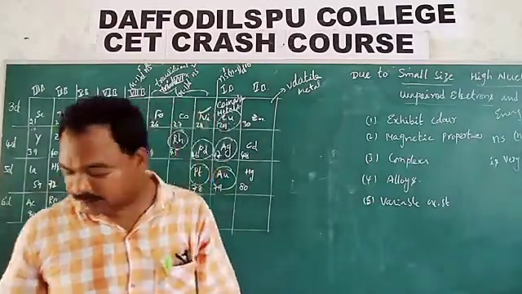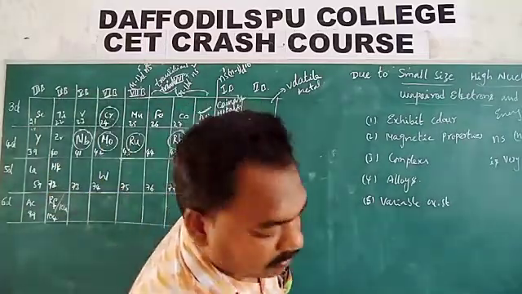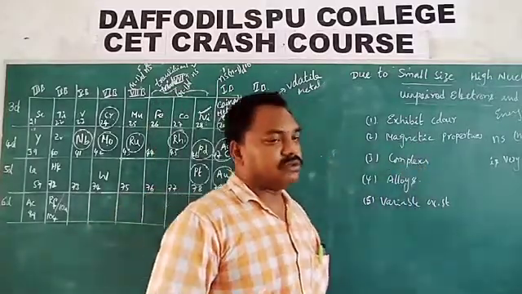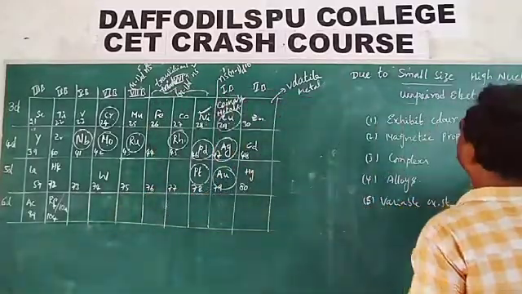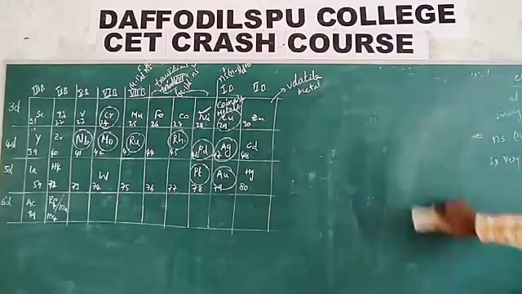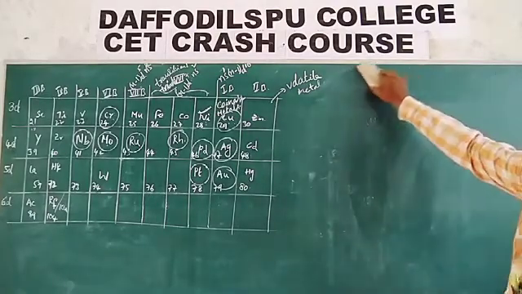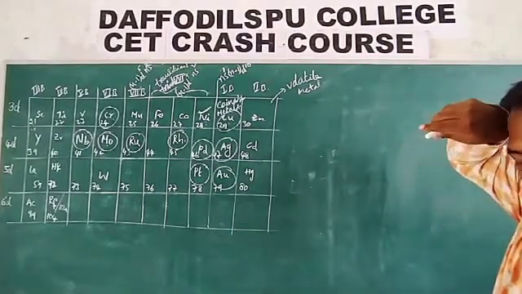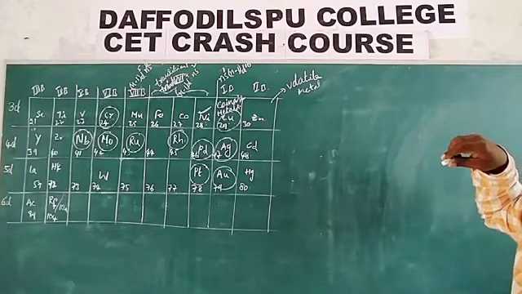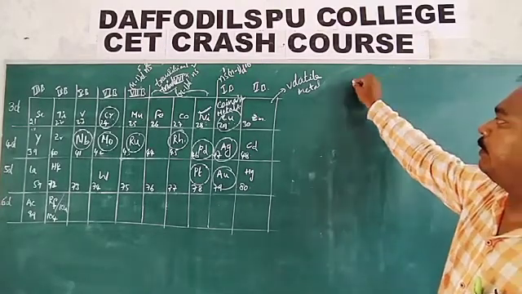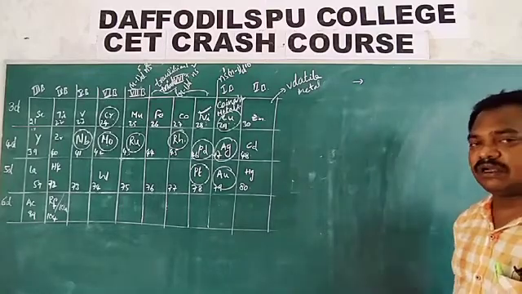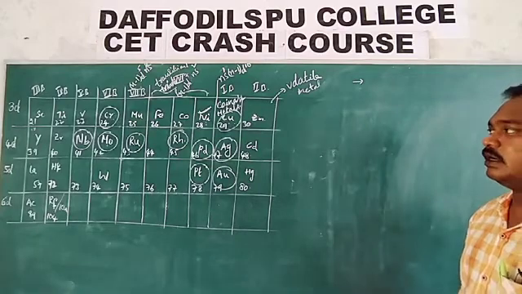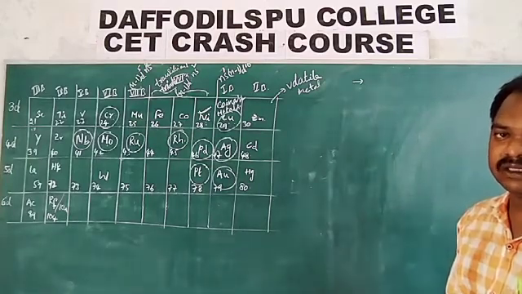First, we will look at some of the general properties of these d block elements. After that, we will discuss these properties. First, look at the melting points and boiling points. All the d block elements are somewhat hard metals when compared with s block elements.